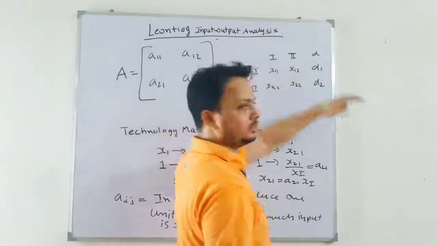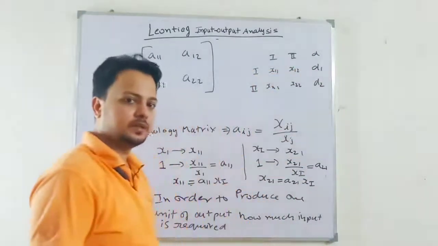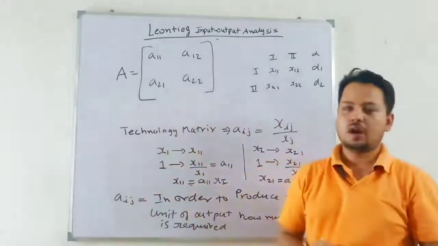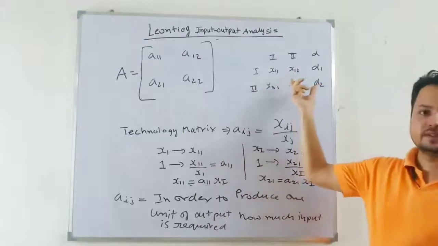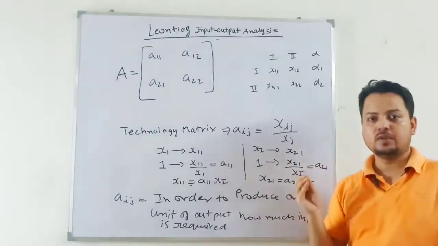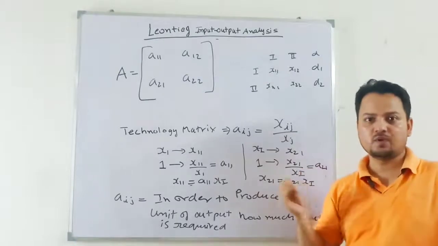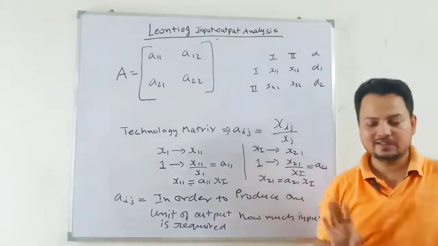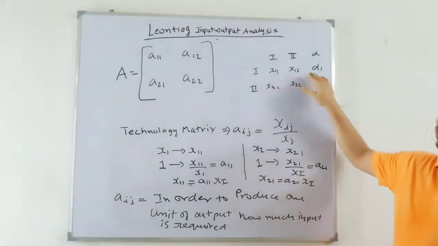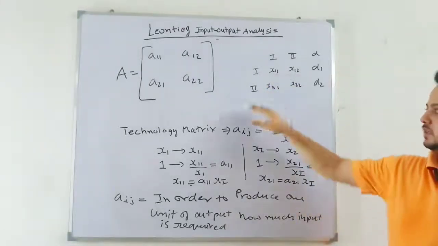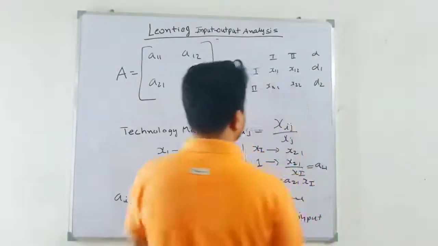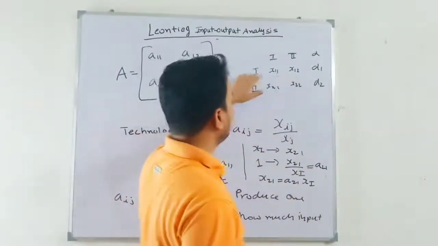So row represents output of the first industry. An easy way to remember is that the row represents output of the first industry and forms a part of your internal demand. If you are getting confused when I say it forms a part of your internal demand, just leave that part of the statement. Remember the equation that I gave you. This forms part of the production of industry 1.